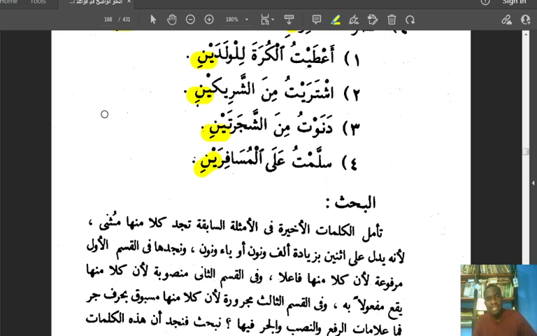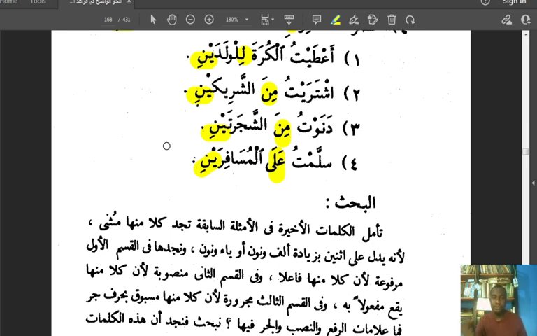Now here you realize that they are all ism majrur because of li, a harf jarr, min, a preposition, ala is a preposition. So the nouns that come after them are what? Ism majrur. So ism majrur we know should be majrur. So the sign for the genitive case, or the sign for the jar or majrur, of a dual noun is also yai and nun. So for the dual noun, even before we read the explanation quickly, when the dual noun is in the nominative case, that is when the dual noun is marfu'un,